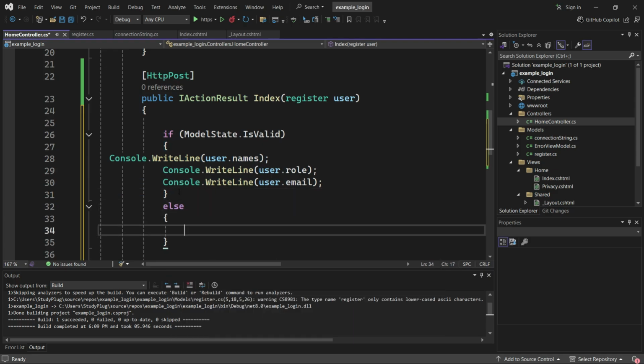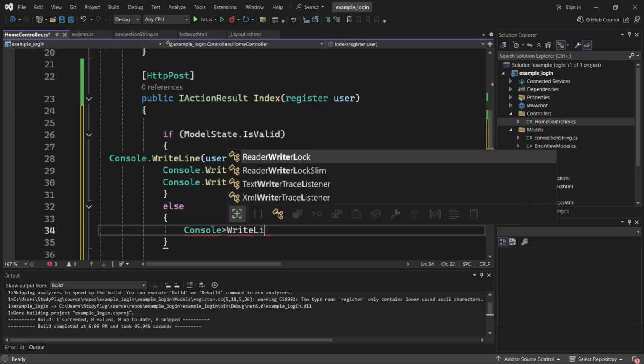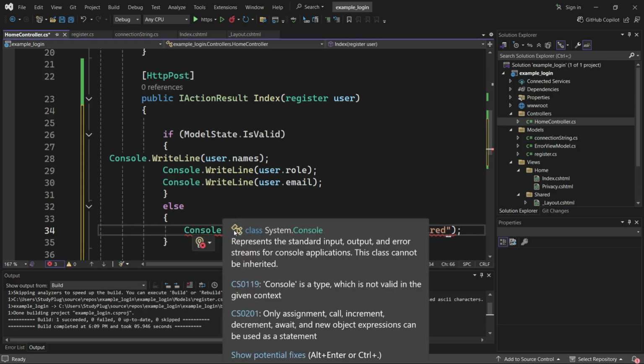You will make a plan, or you will use a ViewBag, as we have done in class, to return this message to the form to show the user that all the fields are required. So just use the Console.WriteLine, and then just put our message there: all our text fields are required. So let me just fix that,